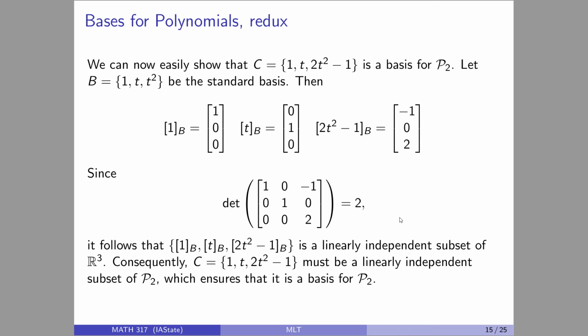So I know that every polynomial in P2 can actually be written as a linear combination of those 3 polynomials. Right. That's really nice, right? And it just boiled down to convert everything over to be in terms of Rn. Really neat. Neat proof. Okay. Now, since it ensures that it's a basis,